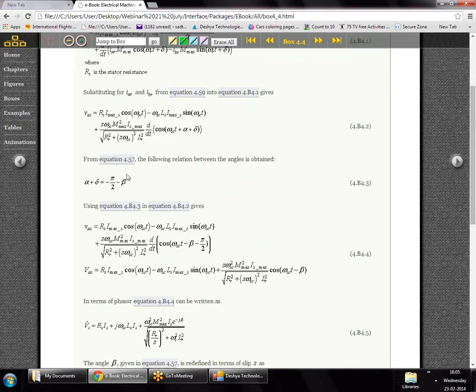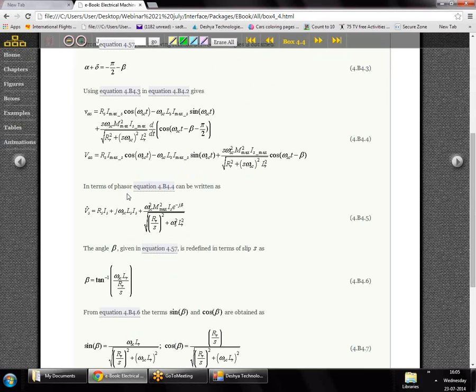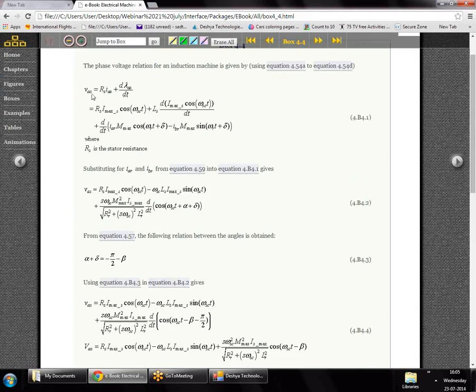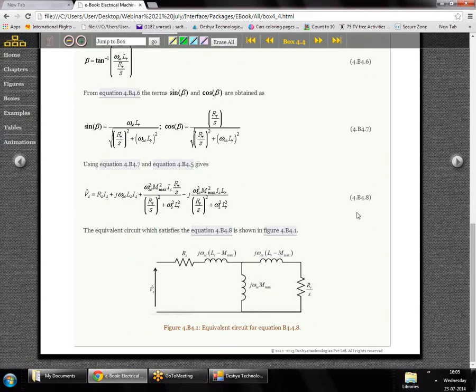the voltage equations. In many books we see that people mention that the equivalent circuit of an induction machine is a generalized form of a transformer and so on, but that analogy is very weak. A transformer is a static device, there is no motion involved, whereas an induction machine is a rotating machine. Here the equivalent circuit looks very similar to a transformer, but it's not derived from the transformer. It is derived from the first principles, and that is explained in detail in the book. People who are interested can go through the book and have a look at it. And this is the equivalent circuit of the induction machine that has been derived from the flux linkage principle.